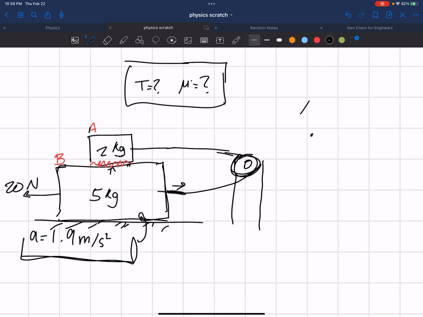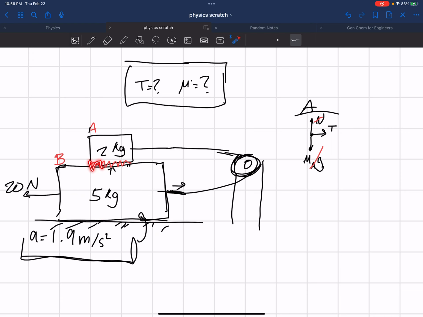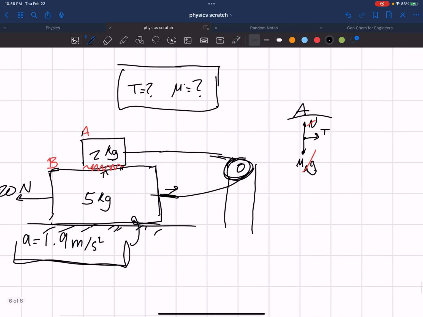Okay? So, for block A, what's happening? We draw the normal force and m_A times g, which is gravity. Normal, they cancel out. Nobody cares. The next thing that's going to happen is tension. Oh, one thing I forgot to say was that there's also friction here, but no friction here. Forget about friction there. There's only friction right here in this little part. All right. So, just important to know.